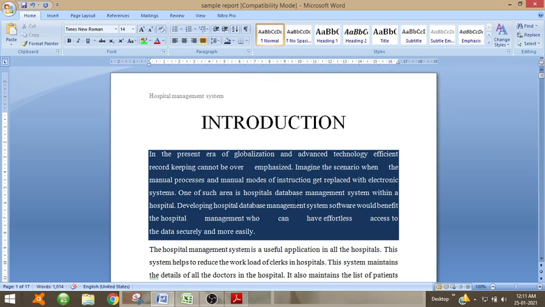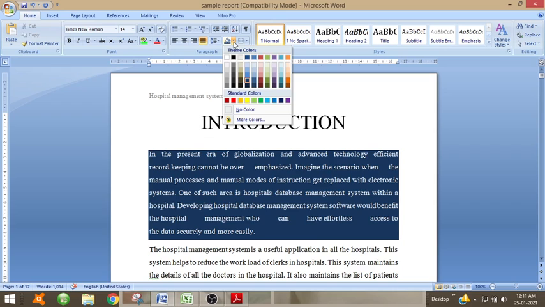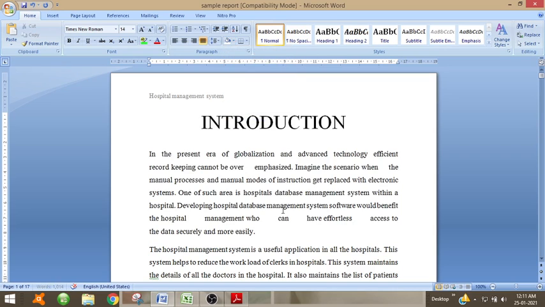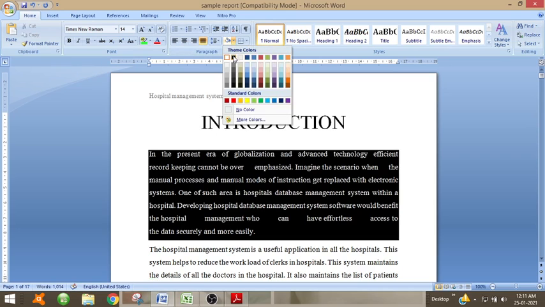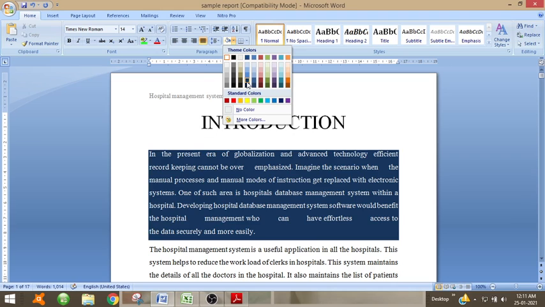Unlike highlighting, which highlights only a particular area, the background color is given to a particular paragraph. So when we keep a cursor there and give background color, the color will be given to the whole paragraph.